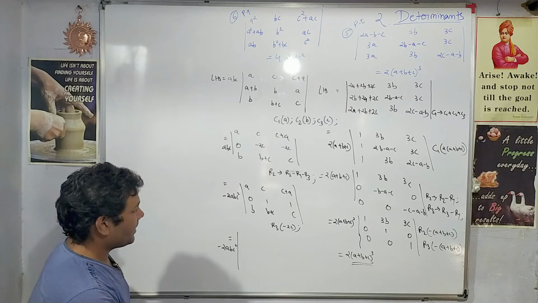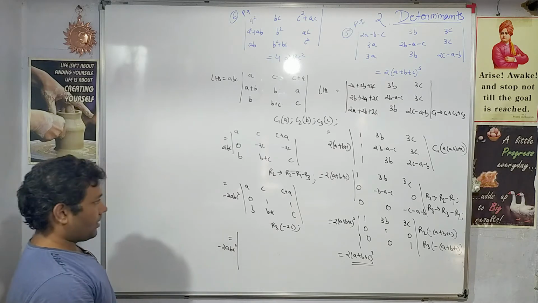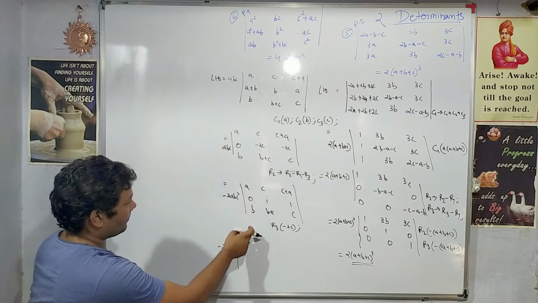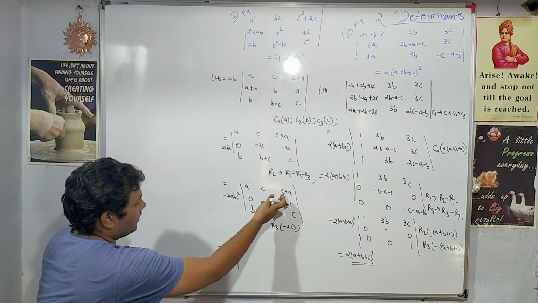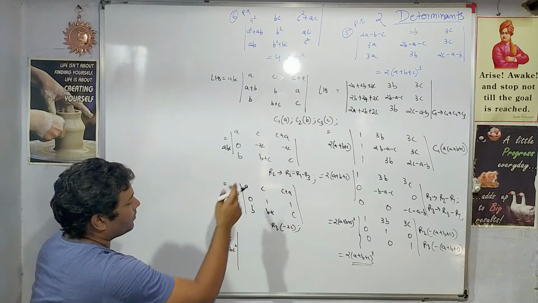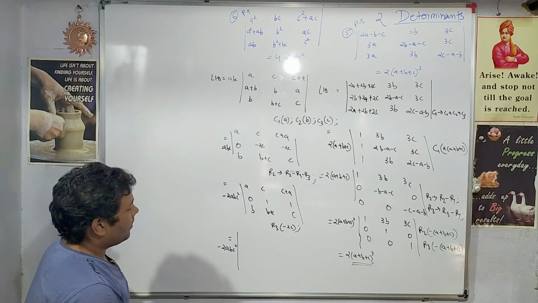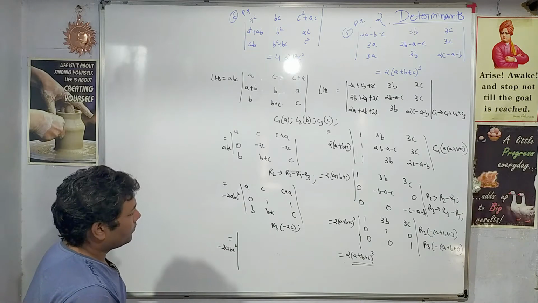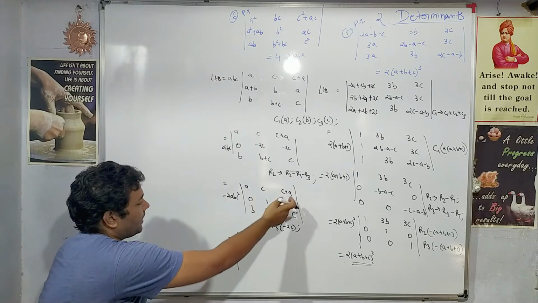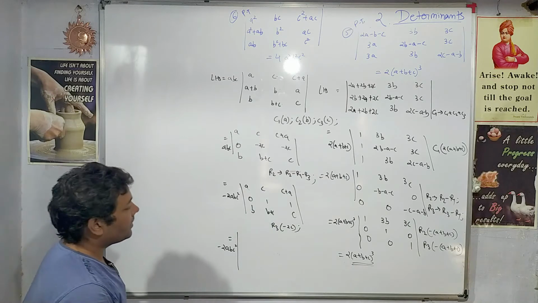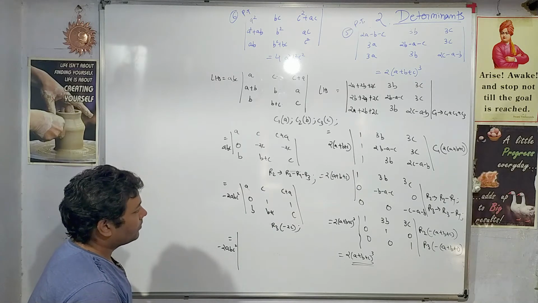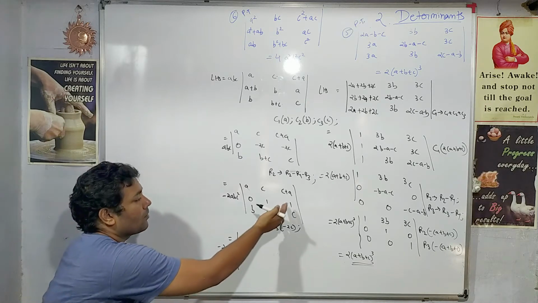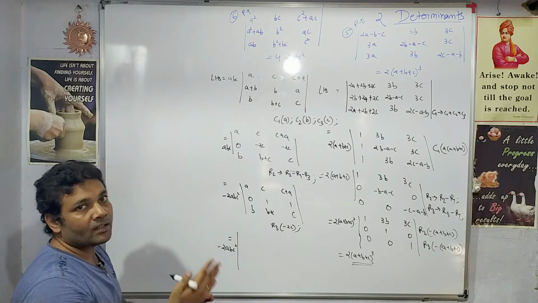So again I can visualize here, if I carry out the subtractions into the first column, this second column I will subtract here, and the third column also, if I do the subtraction here, no, this second row will make it here minus 2. So what to do? If I carry out the subtraction here, again this is not going to give me any fruitful result. So what will I do? If you are unable to find out what can be done, better make zeros, maximum zeros, and then evaluate.